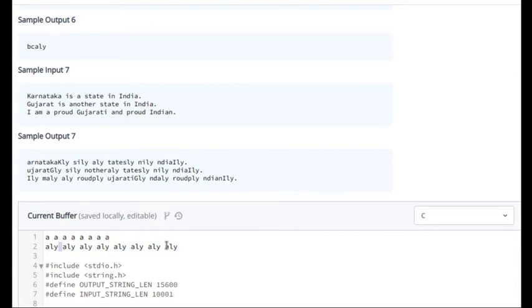So for 5001 words, how many extra characters would we be adding? 5001 times 2. So what would that be? Sorry, 5001 times 2 is 10,002. So 10,002 extra characters we might be adding, right?